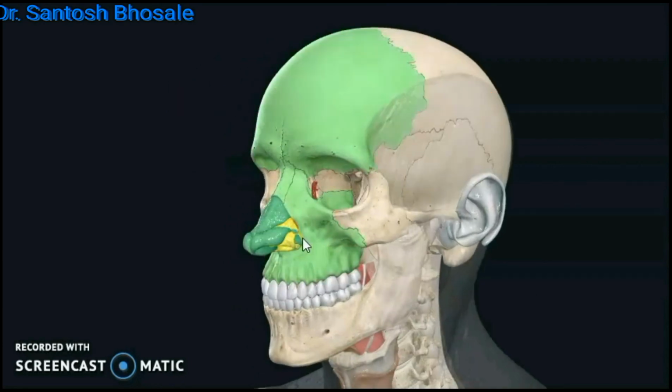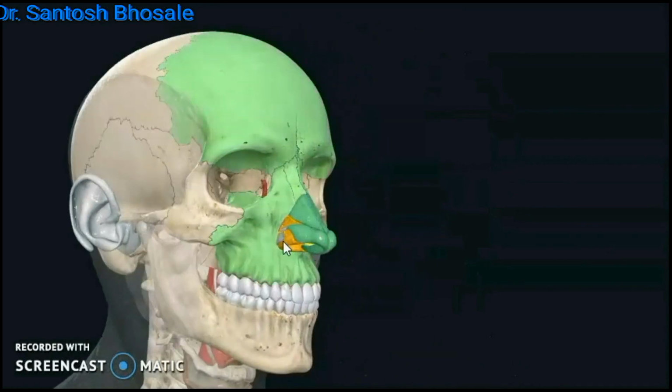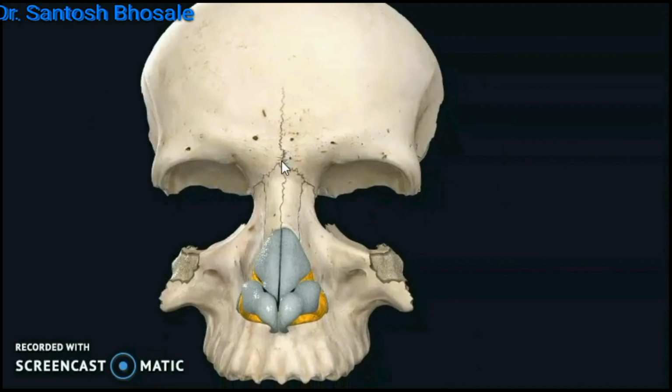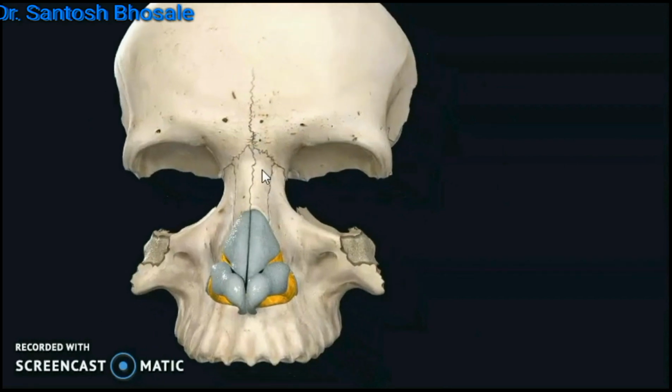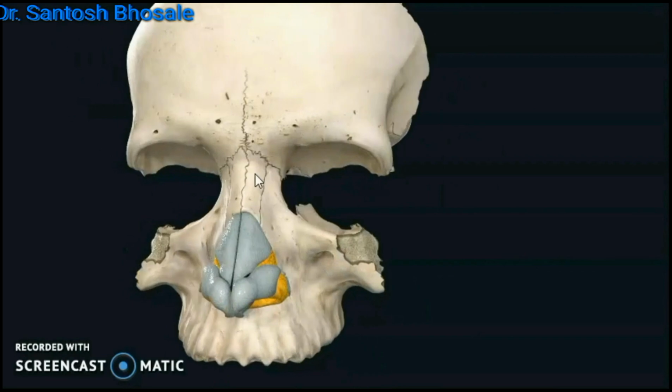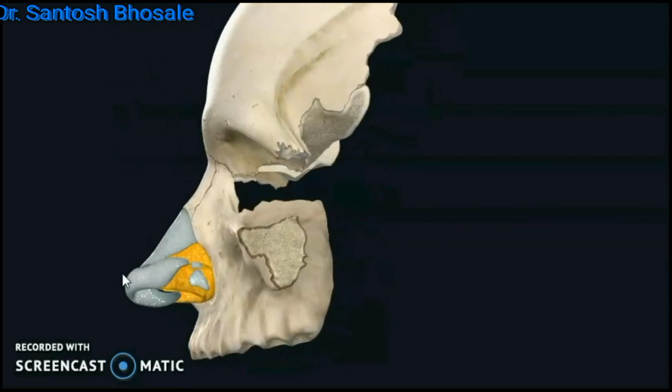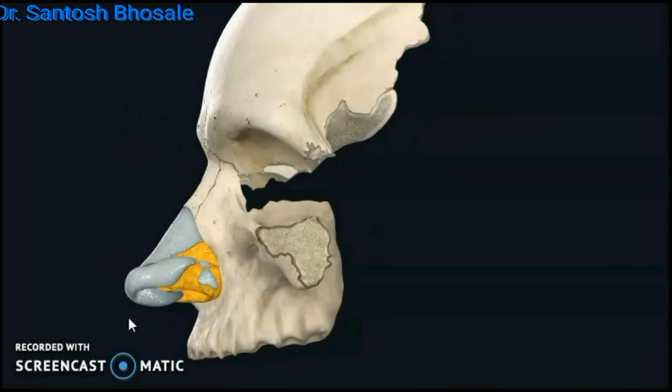Those are the minor alar cartilages with fibrofatty tissue, you can see there, the minor alar cartilage forming the support of the ala with the fibrofatty soft tissue. And you can see this is the skeletal framework of the external nose. What you observe here is very important: you can see the rhinion there, that is different from the nasion, where the frontonasal suture meets the internasal suture. Rhinion is the point where the cartilaginous part meets the bony part of the nose.